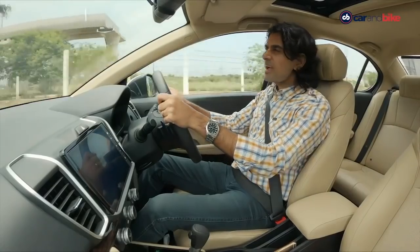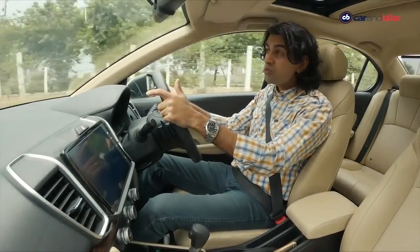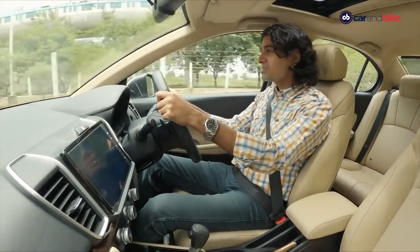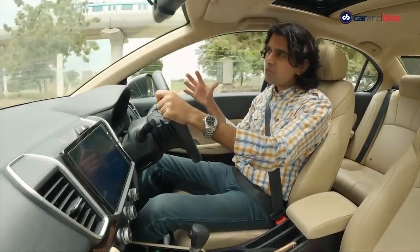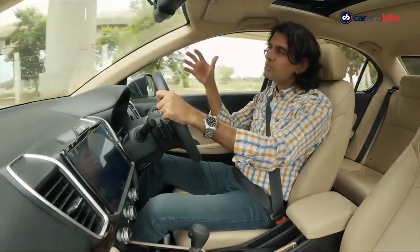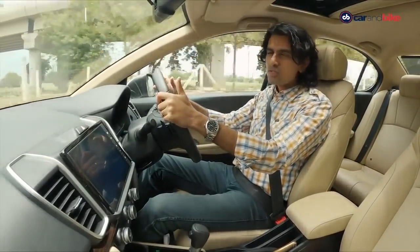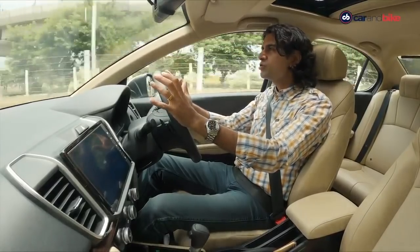Throttle response and acceleration are definitely improved over the previous car. The engine even sounds nicer now. It's got a nice little throaty sort of rumble to it, which is nice. But having said that, it's a lot quieter in the cabin. Yes, there's a lot of work that's been done on reducing the noise that permeates inside, and that shows. In fact, it's a really plush feel that this car has, and I think it all comes back to that